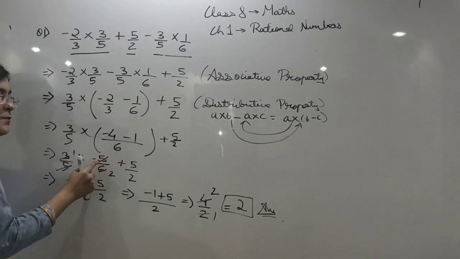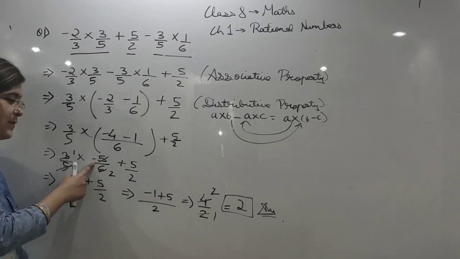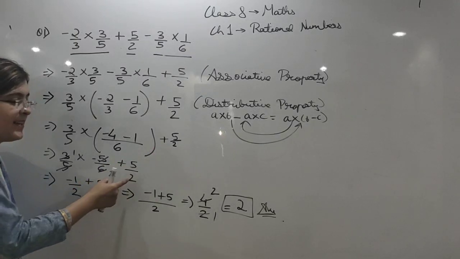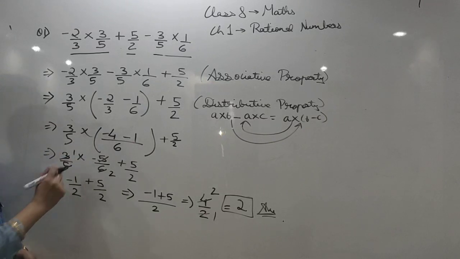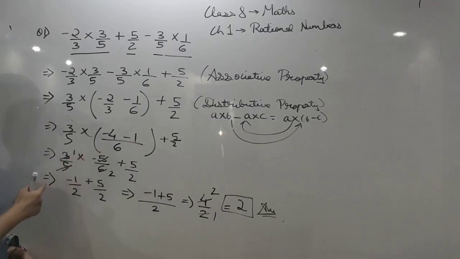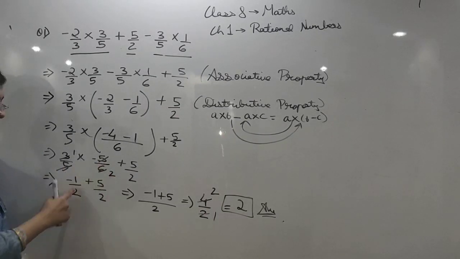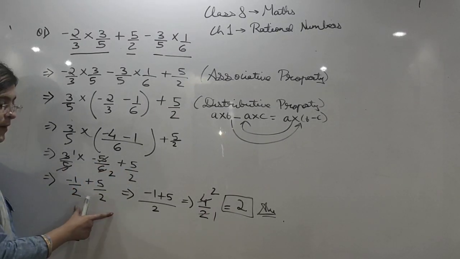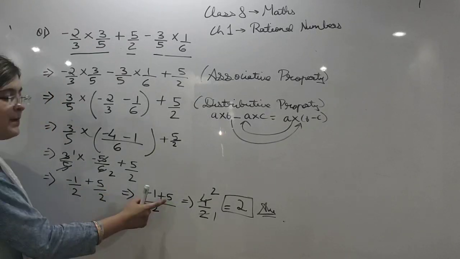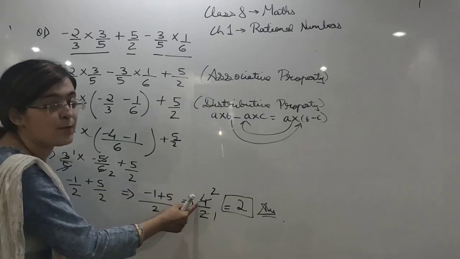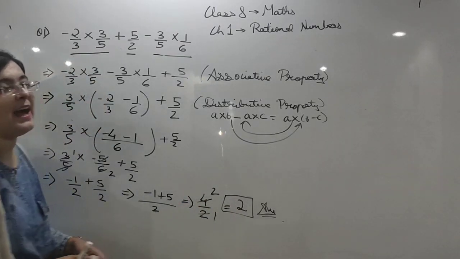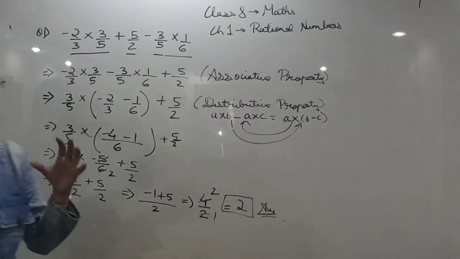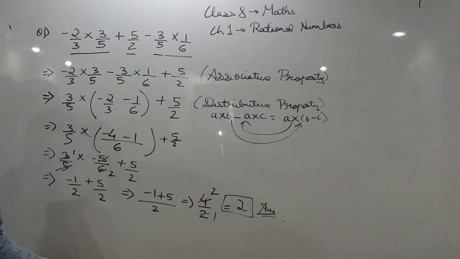Here minus minus will become plus. Minus 5 upon 6. And this is written again the same. Now we have simplified it. And there is a multiplication sign in between, so we can cut 5, 5. 3 ones are 3, 3 twos are 6. What is the answer? Minus 1 by 2. And this was the same. Now again 2 is your LCM. Minus 1 plus 5. 5 minus 1 is 4. 4 by 2 came. 2 is your final answer. All of you now pause your video and note it down.